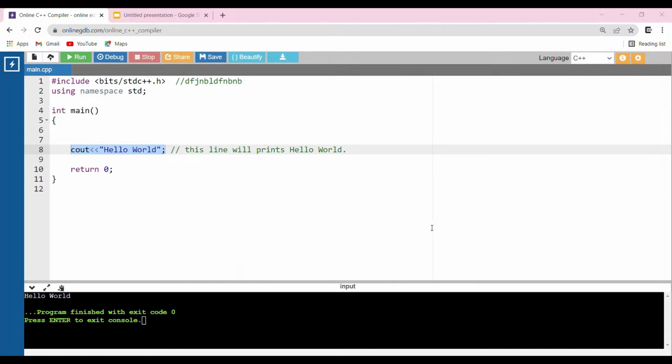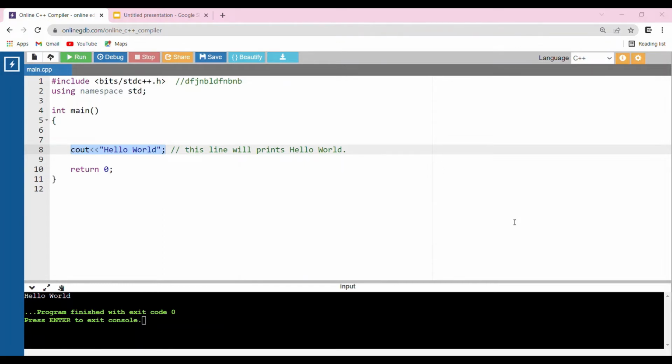But there is also a big use, I mean a very important use. In future, you will go into a software company and write 10,000 lines of code. Here you have nearly 7 or 8 lines of code, but in a software company you will write 10,000 or even 20,000 lines of code. Then you might be confused about which line is used for what, which line prints what. So these commenting lines will help you and help others to read your code easily.